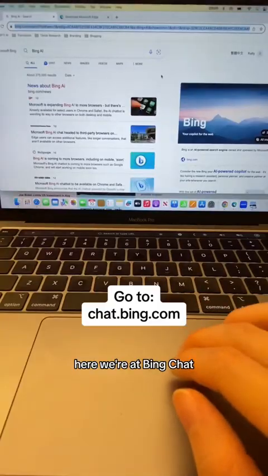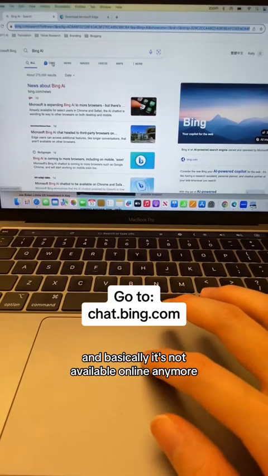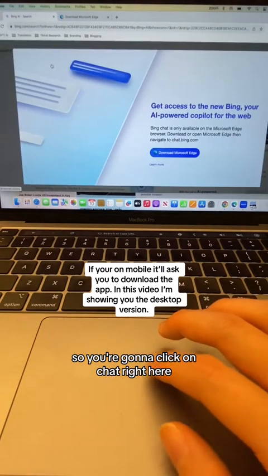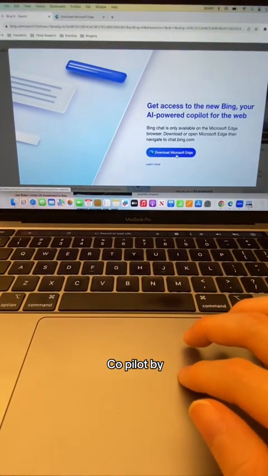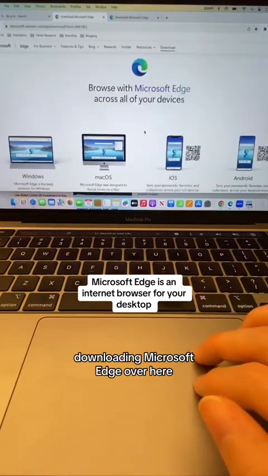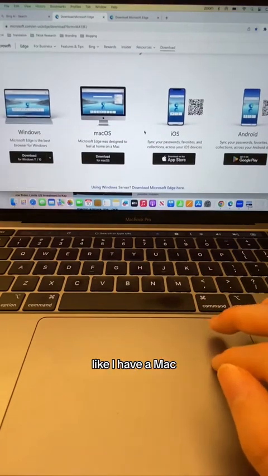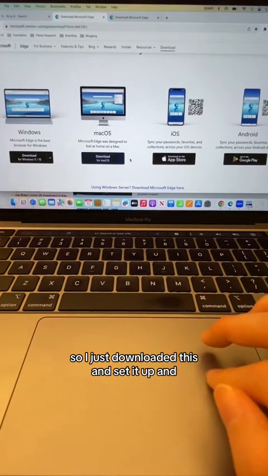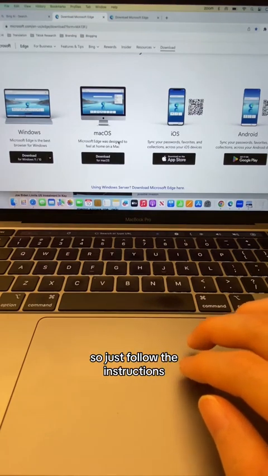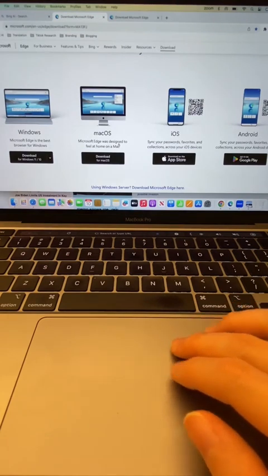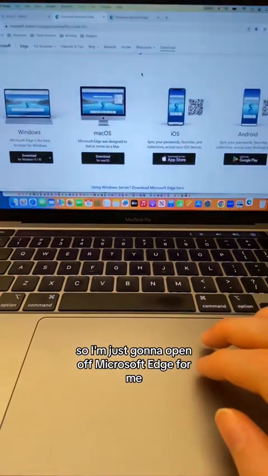Here we're at Bing Chat, and basically it's not available online anymore. So you're going to click on chat right here. You can access the AI powered Copilot by downloading Microsoft Edge. Over here, it'll show you what type you have. I have a Mac, so I just downloaded this and set it up. Now I'm going to show you what it looks like once it's downloaded. Just follow the instructions. It's super, super simple. I already have it downloaded, so I'm just going to open up Microsoft Edge